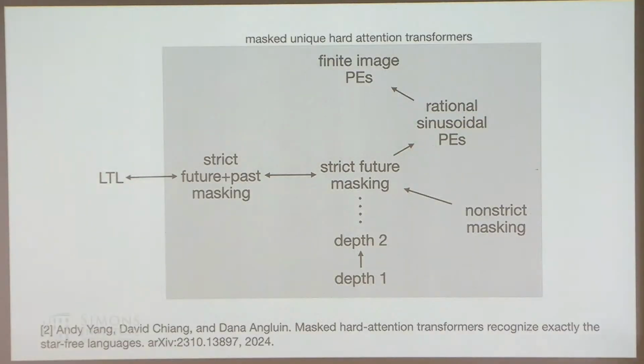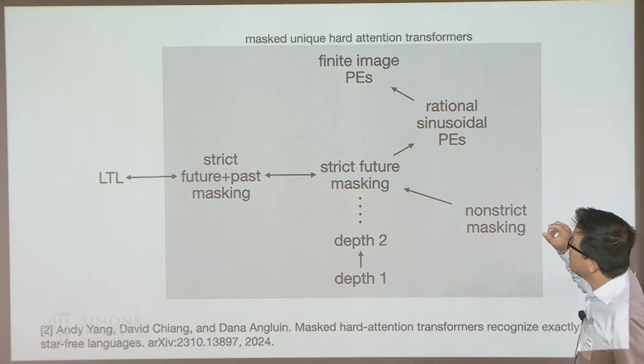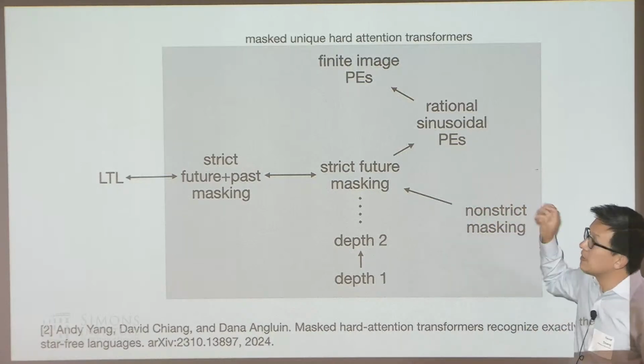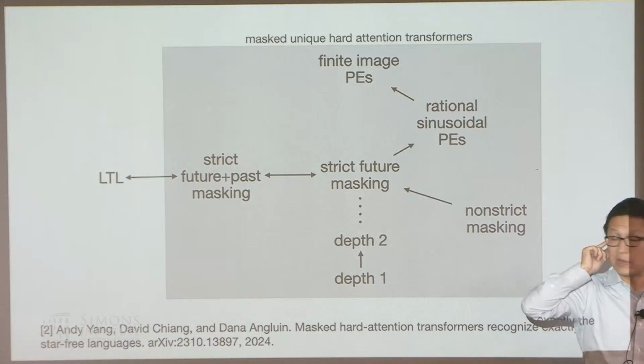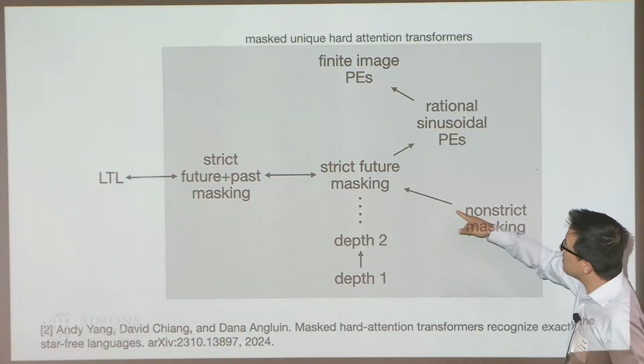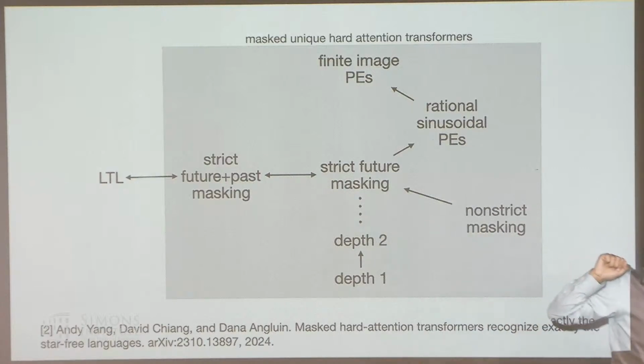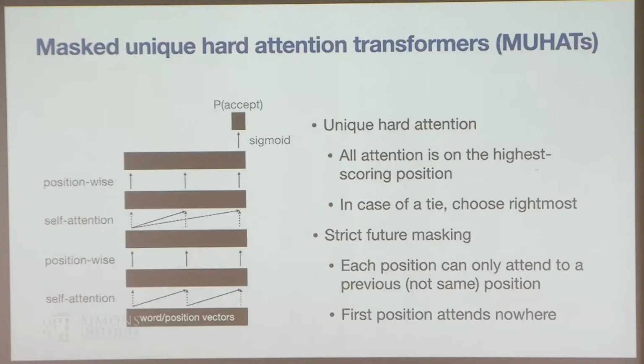So first order logic, this is a summary of the results of this paper by Andy and myself and Dana. And each one of the things inside the gray box is some kind of a variant of a transformer. And the paper proves all these different relationships among variants of transformers by means of this equivalence with first order logic. So the single direction arrows are strict inclusions and the double-headed arrows are equivalences. I'll come back to this later. I know it doesn't all make sense right now.